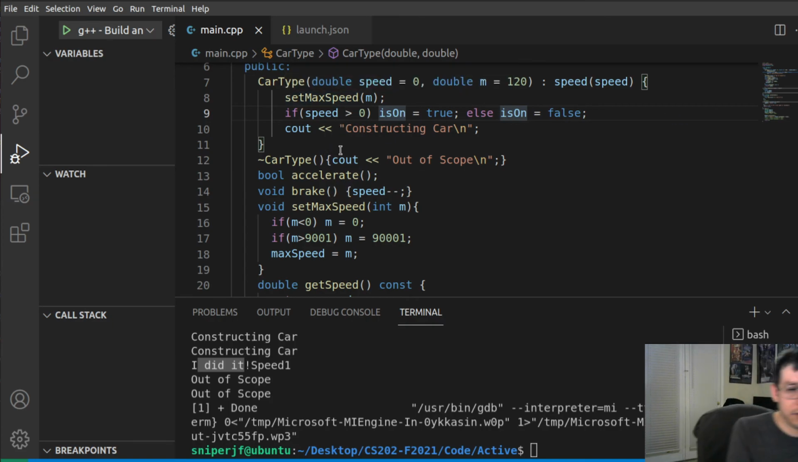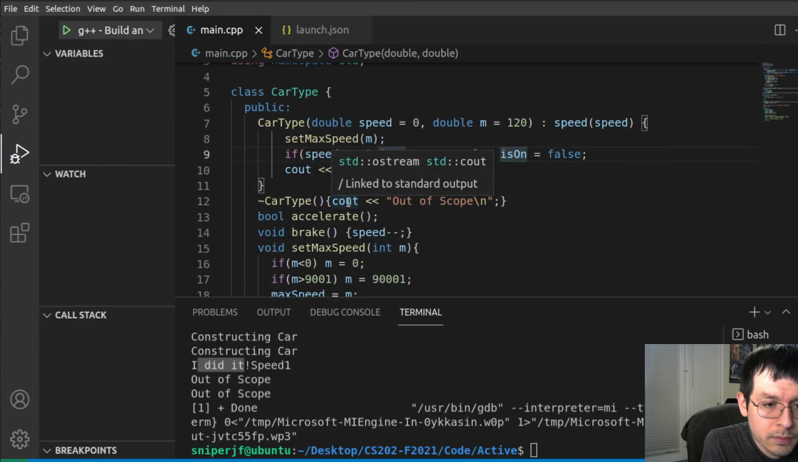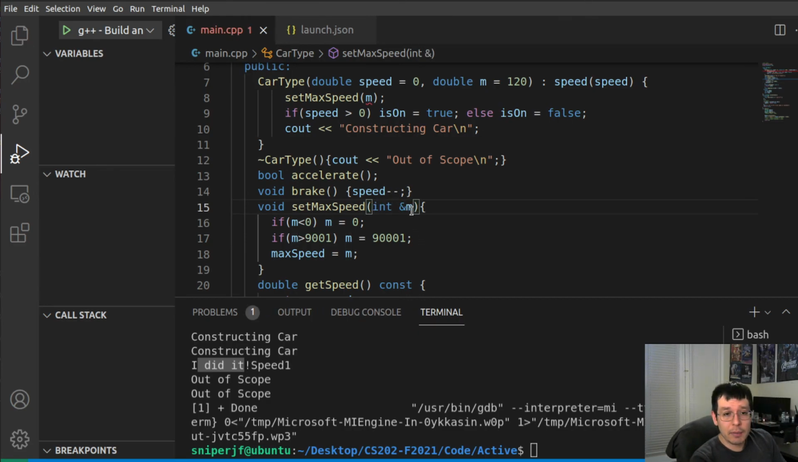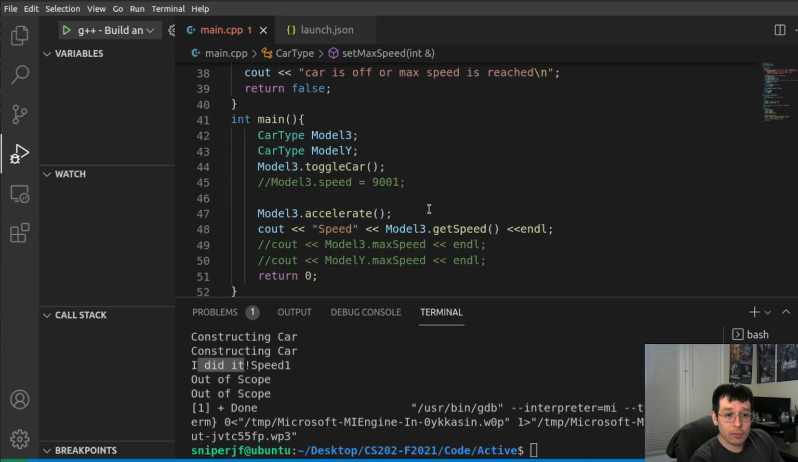So let's go ahead and, yeah, we have a set max speed. This will work. Oh yeah, perfect. So the way we have it right now is we're actually passing this by value, right? Because I'm actually playing with the m before I actually set it. But let's say I wanted to pass it by reference. If I did that, then anytime I'm calling it, I'm going to actually modify it, which is not a good thing. So like, if I call,